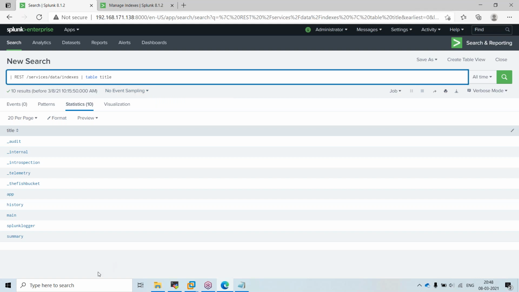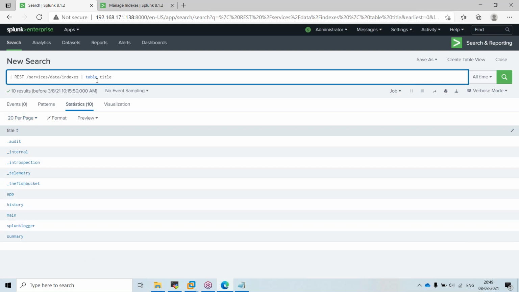Vikram, I just gave the same query, the same search string that you are giving in the new search box. I'm able to see the list of indexes, but unfortunately none of them is the one we are using for our project. Is there something wrong with the search string I have given?